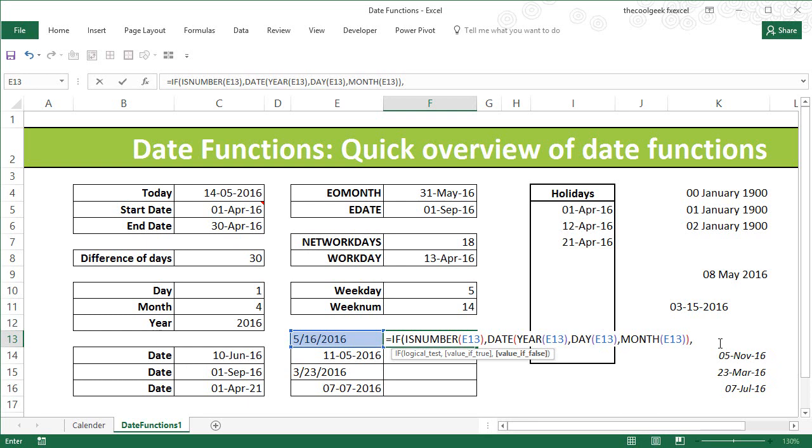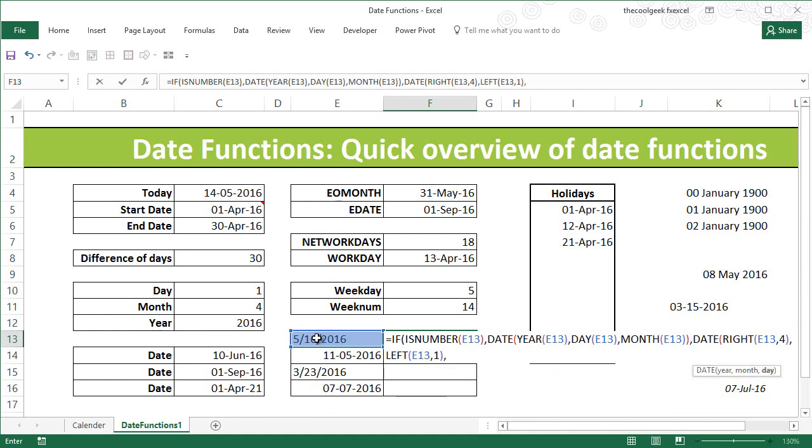Now if it is a string, I need to use the string functions for it. So I'm going to again use the date function to combine the individual components. To get the year, I'm going to simply write right of this, comma 4. From here I'll get 2016, which will give me the year, comma. I need the month now. The month is coming from the first part, so I'm going to say left of this particular value, comma 1, close the bracket, comma.